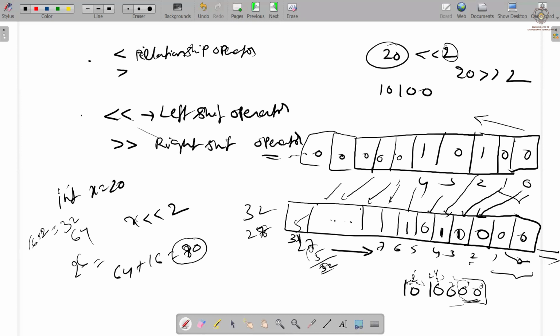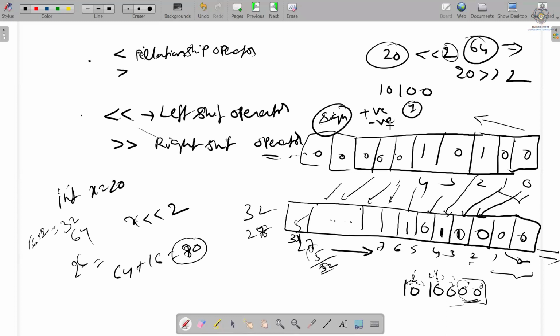Similarly, zero fill right shift. So what it means by zero fill right shift indicates here. Assume that you are shifting a bit by 64 bits. You think that you're moving the bit by 64 bits. The last bit is called the sign bit. If you remember this, the last bit is called the sign bit, which will decide whether it is a positive or negative number. If the last bit is 1,